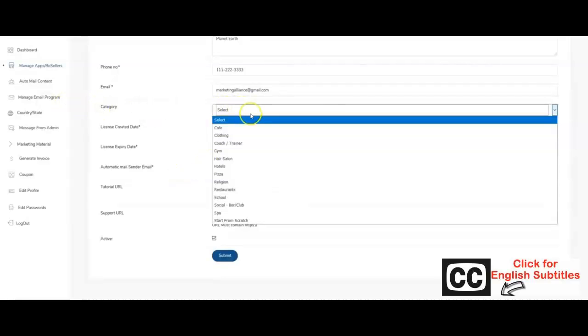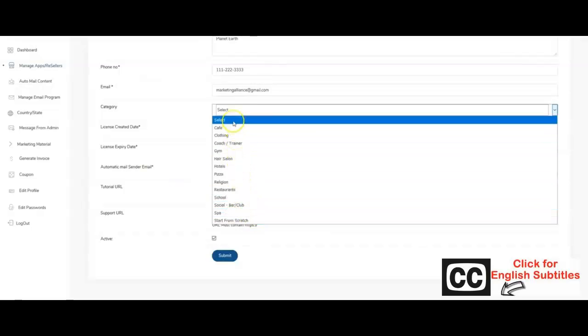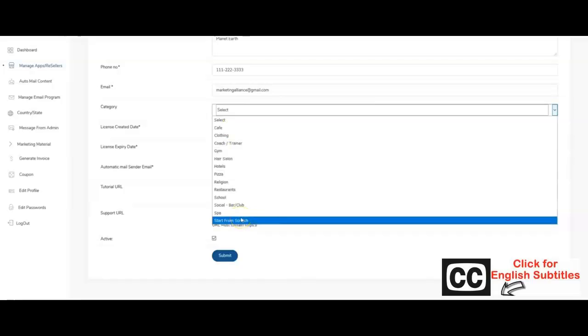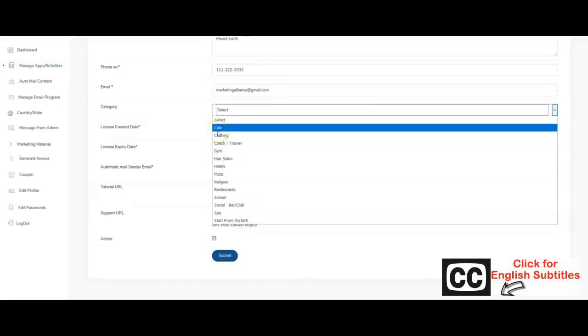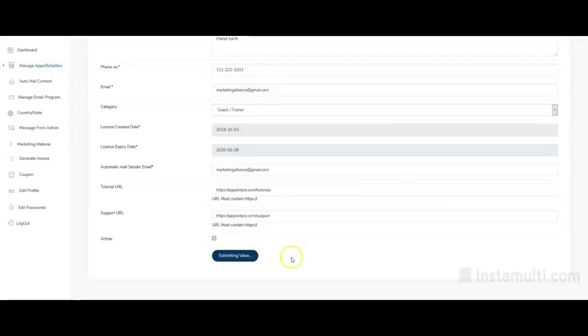So we have a bunch of types of apps already pre-built, and whatever you select here will have everything turned on for you that's relevant to that type of business. So for example, if you're selecting a cafe, you'll have food ordering system, points rewards, punch cards, that kind of stuff that's already turned on for you. You will be able to go in and update it and add things if you needed to, but that's what this has done. So this is going to be a coach or a trainer, and I will hit submit, and